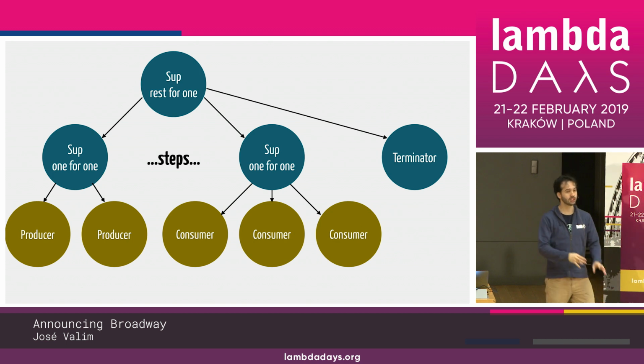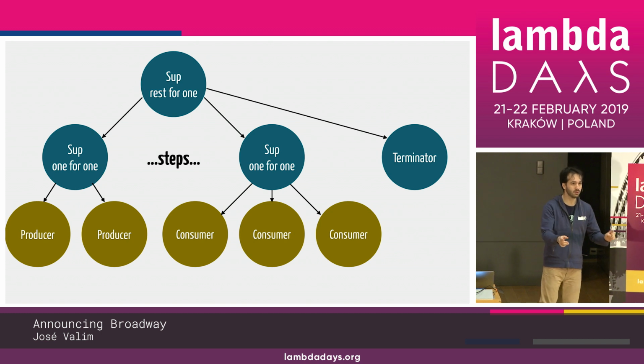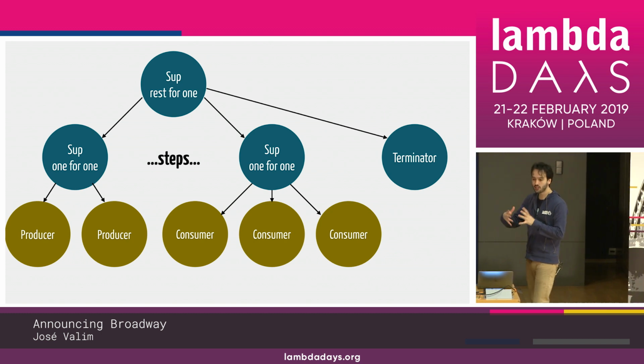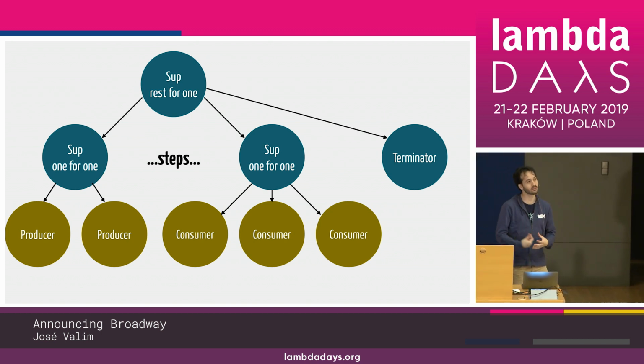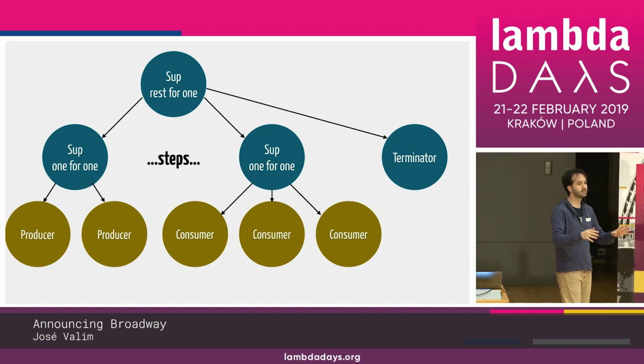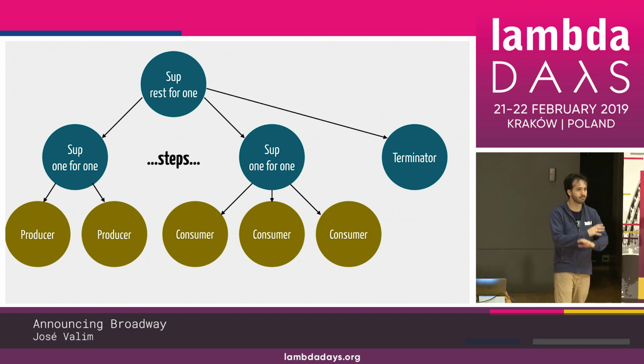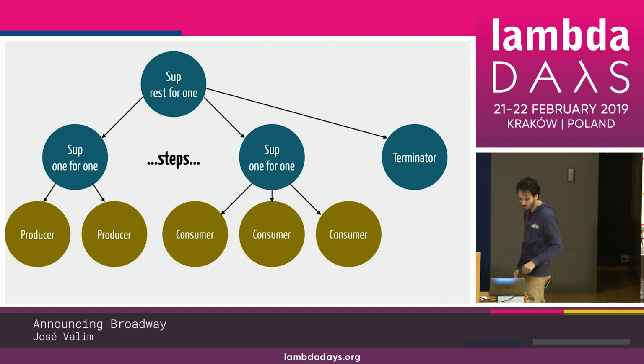And then the producers flush and tell the terminator, hey, we flushed. And now the terminator goes to the steps in the middle, does the same thing, and then eventually you're going to get to the consumers and say, hey, consumers, please flush. And then let me know when you're done flushing, because I'm going to tell the supervisor that it can now proceed to terminate the pipeline because we have flushed everything, right?